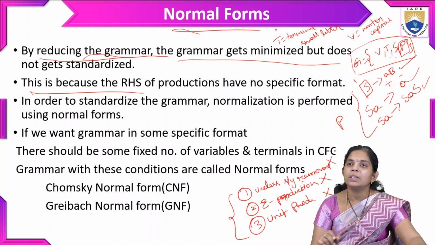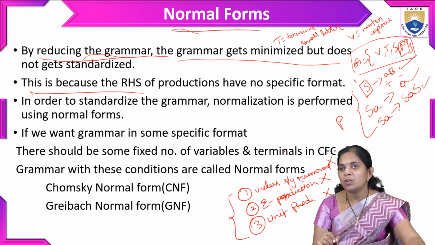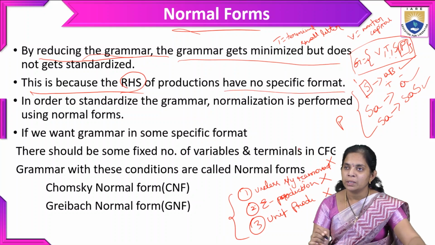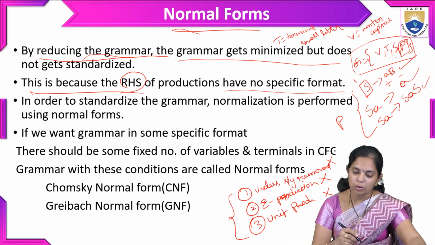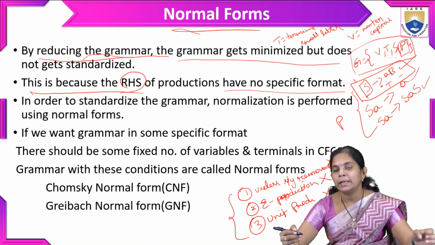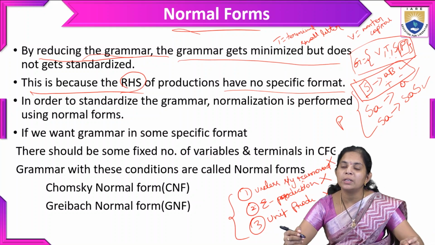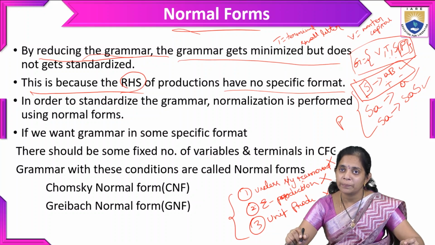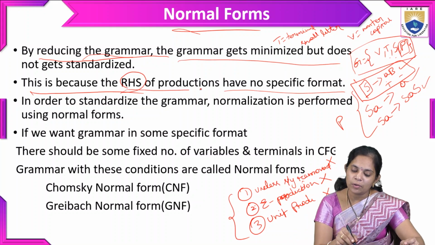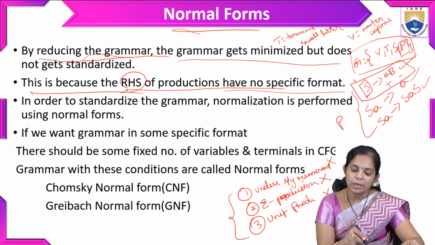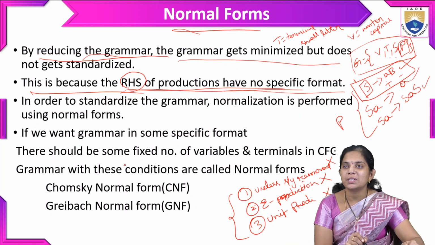So here we are going for the normal forms. This is because the RHS, the right hand side of a production, has no specific format. While coming to the context-free grammars, we have this kind of production rules. Left hand side is only one non-terminal, and the right hand side is a combination of terminals and non-terminals. So the right hand side has no specific format